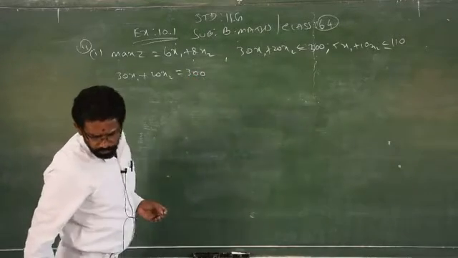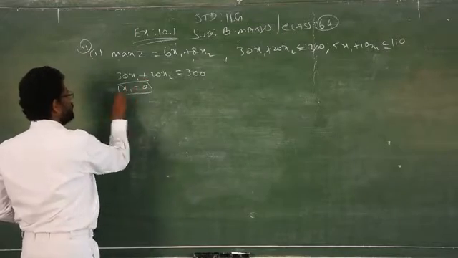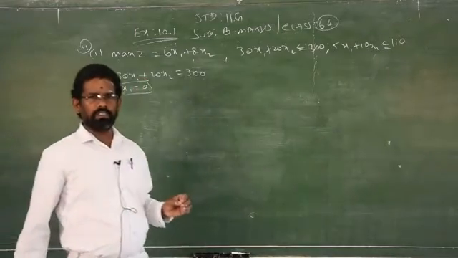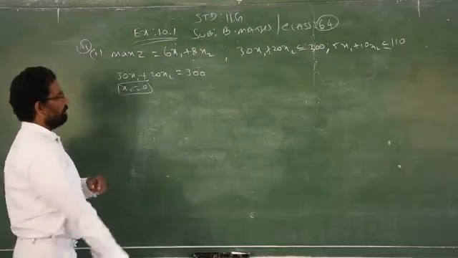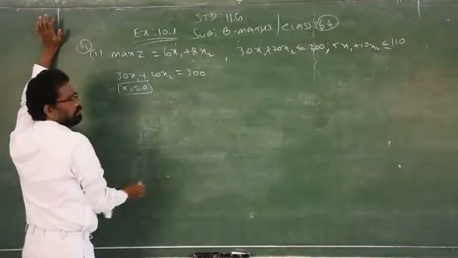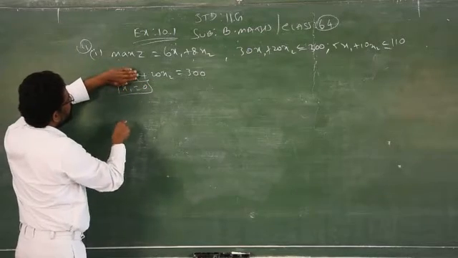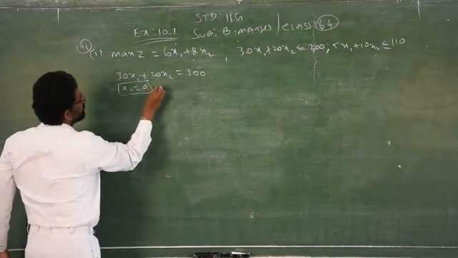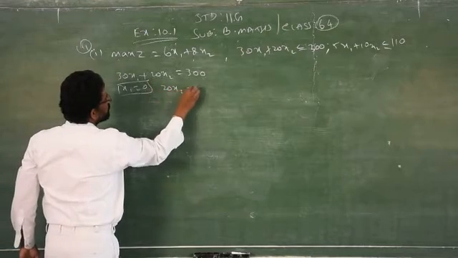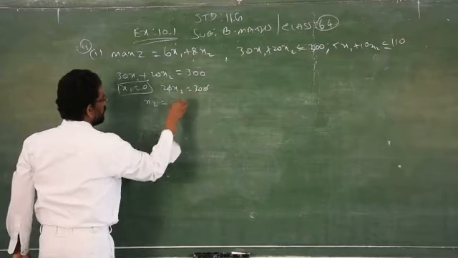First one is 300. Now you have to replace x1 equal to 0 for all the problems. Replace x1 always by 0 for all the problems in this model. x1 is 0, so if you replace x1 by 0, this will be eliminated, and you will get only 20x2. Clear? So 20x2 is equal to 300. So you will get x2 is equal to how much? 0, 0 get cancelled, 15.